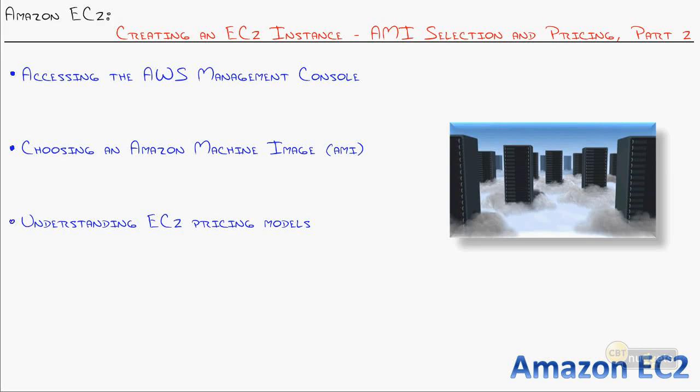Well, welcome back. We're in the middle of creating an EC2 instance, the AMI selection and pricing part 2. There's just too much to talk about when it comes to the pricing to squeeze it in with generating the original AMI. So I'm going to pick up right where I left off in the previous nugget, looking at the pricing, which is a massive concept because this directly impacts the bottom line of using AWS as a solution. So I really want you to understand the three models.